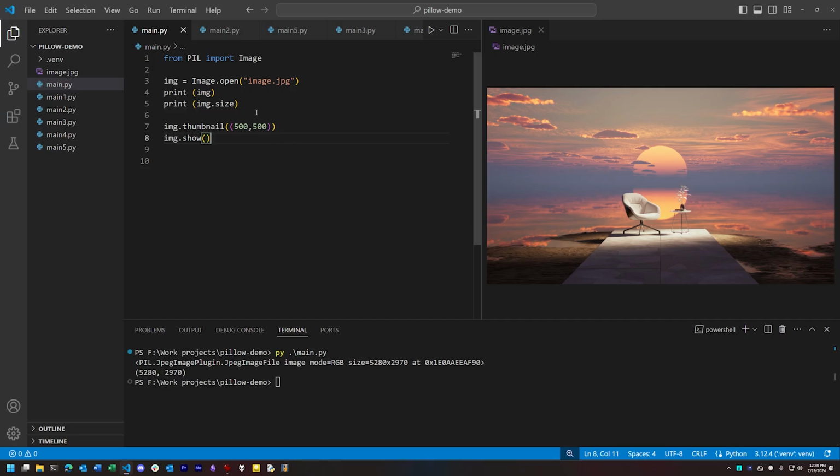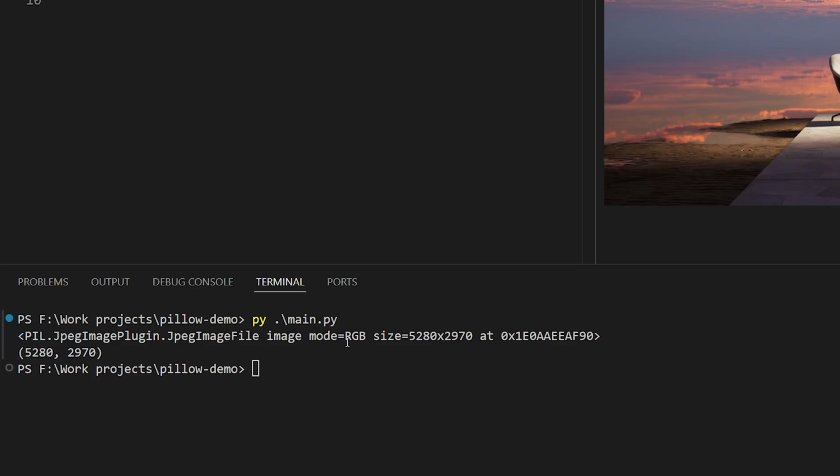Once an image is loaded, you can obtain all kinds of statistics about it, its size in pixels, or what kind of color mode it has. RGB is the most common color mode that you'll see, typically in images like JPEGs, but you may also see RGBA for PNG files or other file formats that have an alpha channel. The color mode is important since some kinds of image manipulations can only be performed on images with certain color modes, but this is a more advanced topic that I can go into in a future video. It's just worth noting for now in passing.